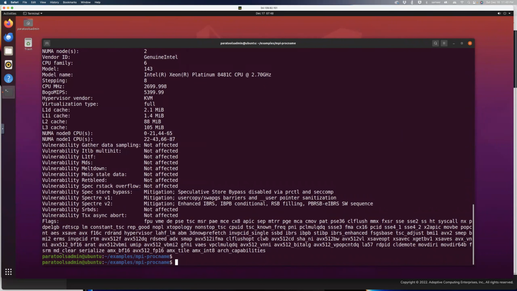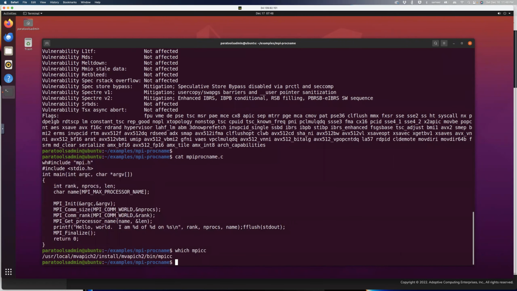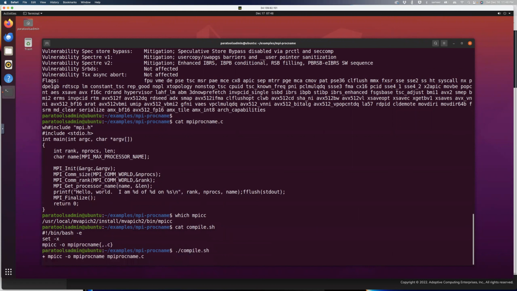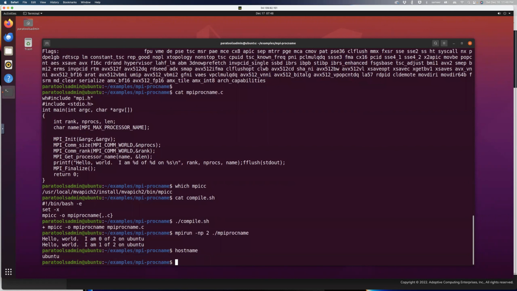So I'll need to build this simple example. I have MPI GCC in my path and compile.sh. So this MPI proc name example is built. I can, of course, run it on the head node here by just saying MPI proc name, and it will run it on the local Ubuntu host. But I want to run it on the compute nodes, and so